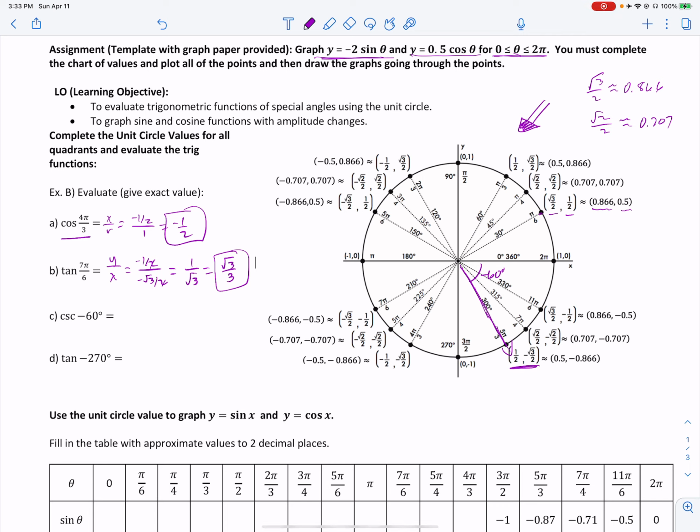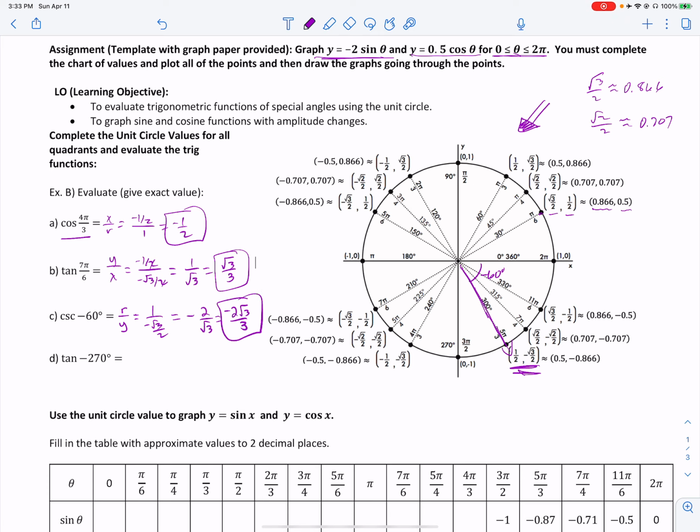The ordered pair there is 1/2 and down -√3/2. Cosecant is the reciprocal of sine, and so it is r over y. For that ordered pair, the r value is 1 and the y value is -√3/2. So that is -2/√3, and then rationalizing gives you